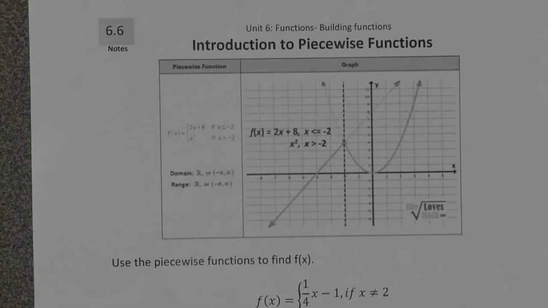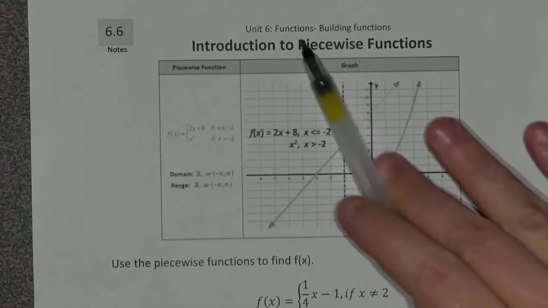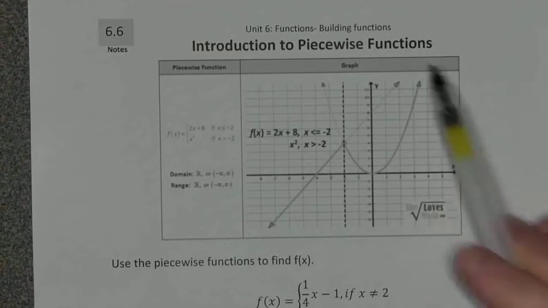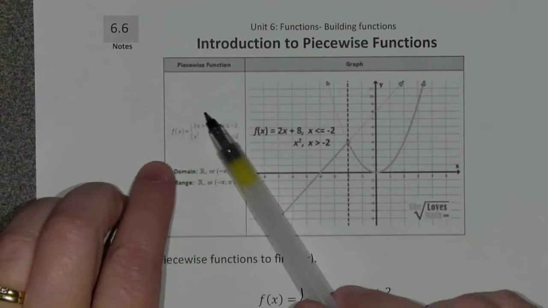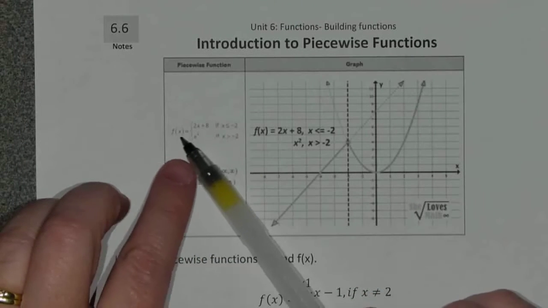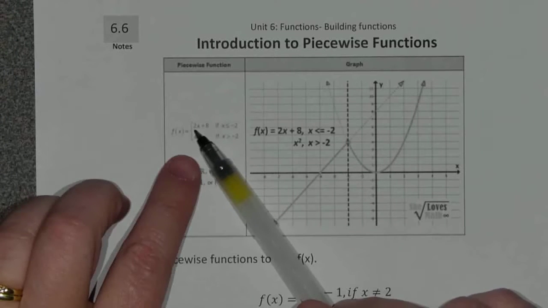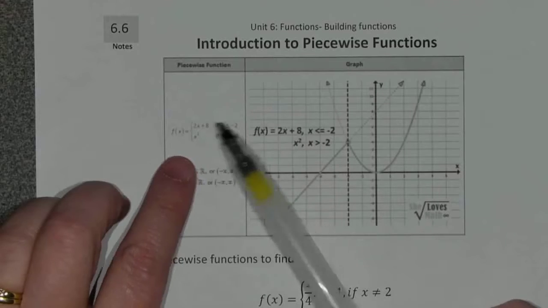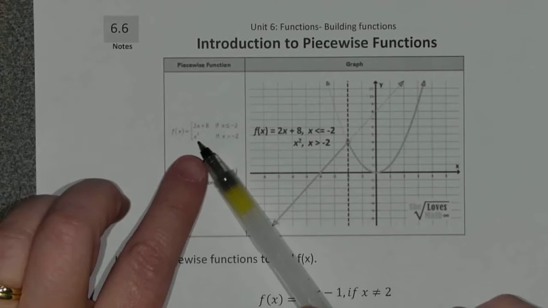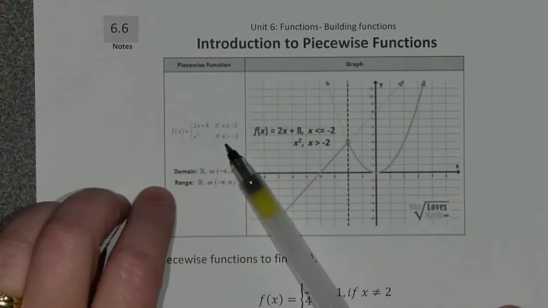All right, so today we're going to talk about piecewise functions. Again, a piecewise function is exactly what it says. It's pieces of different functions. So on this example that I have up here at the top for you, it shows the way that a piecewise function looks. It has f of x is equal to 2x plus 8 if your x's are less than or equal to negative 2, and f of x is equal to x squared if your x's are greater than